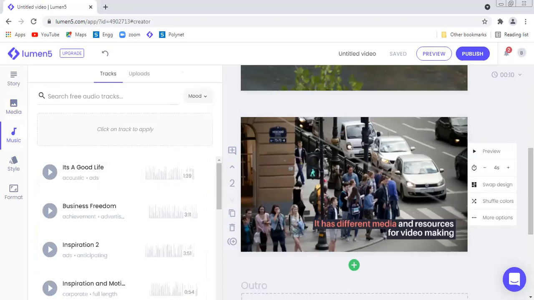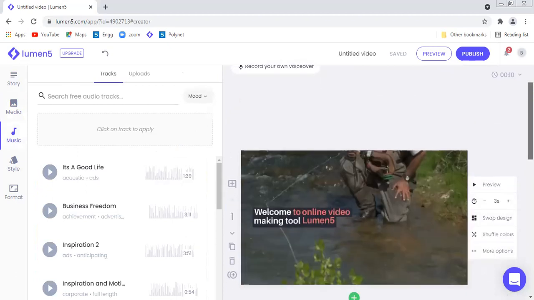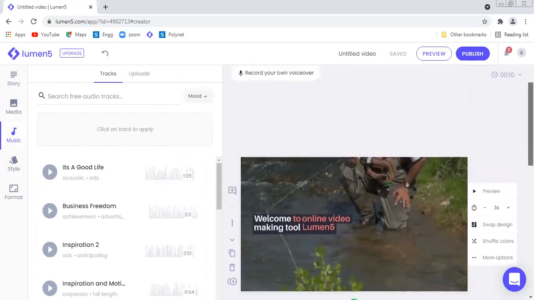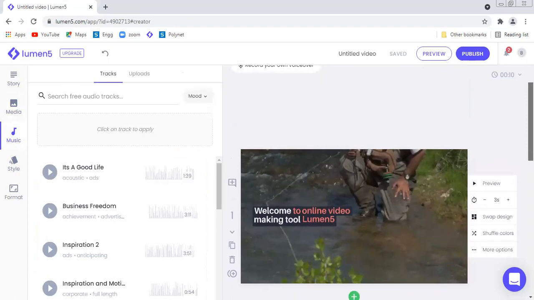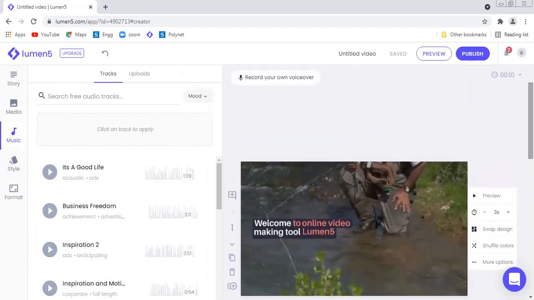Then next is music. Say for example, earlier the facility of voiceover was not available, right? Now, what is the voiceover? Voiceover means you can record the presentation or the video in your own voice. Let us understand how you can record it.